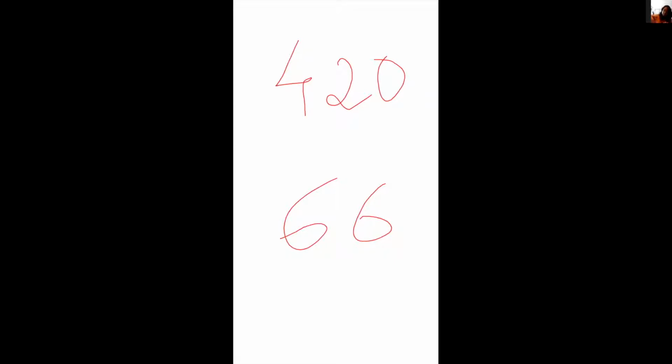So you have to find the HCF of 420 and 66 using Euclid's division algorithm. So the questions will always be specific, children. They would tell you which method to use, right? So the question is, find the HCF of 420 and 66 using Euclid's division algorithm. That means you have to put it in the form of A is equal to BQ plus R.